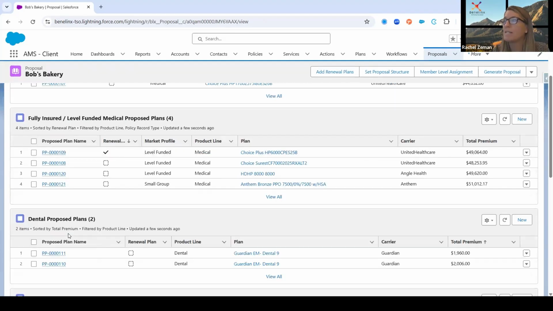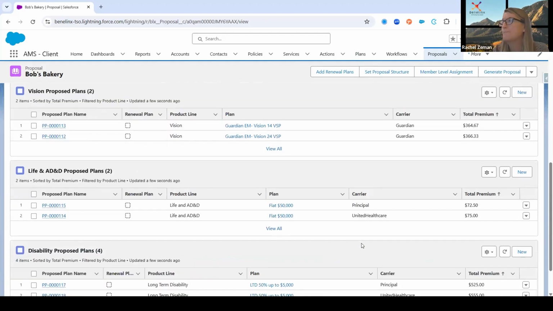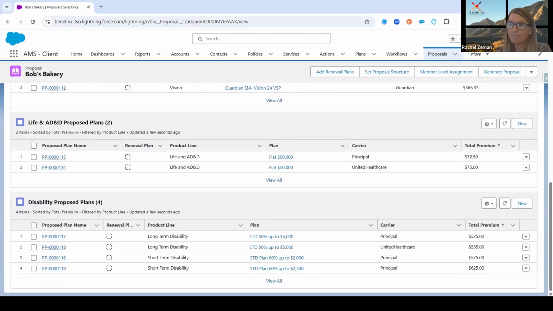So as I go down the list, same old, right? So I go down the product lines, I can build the vision, I can build my life and disability. And again, if my plan library has those plan design record types available and they're pre-built, I can go grab that flat 50 from Principal and add it into my proposal, my spreadsheet. And life and disability. Okay. I'll walk you through an example of what that looks like to create and to clone and using the tabbing,